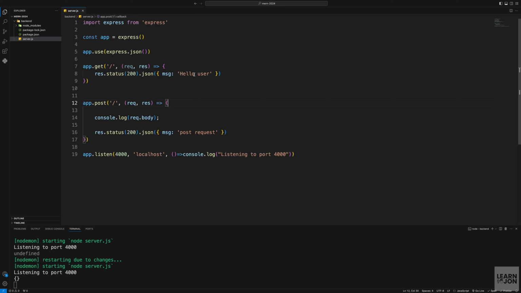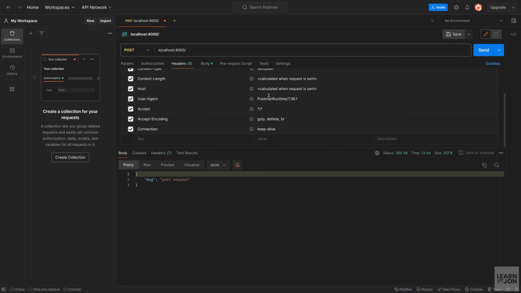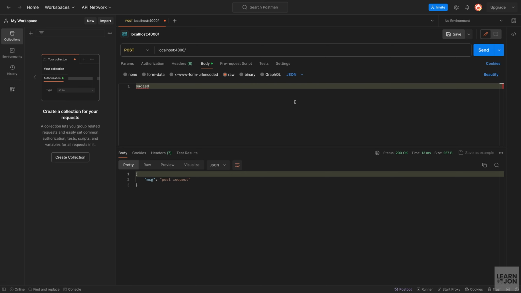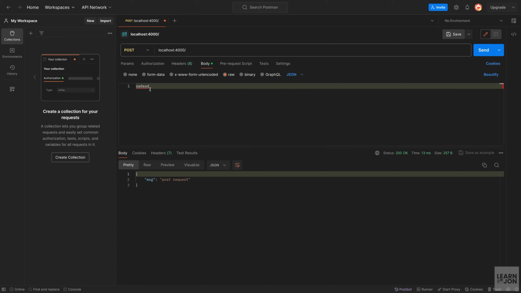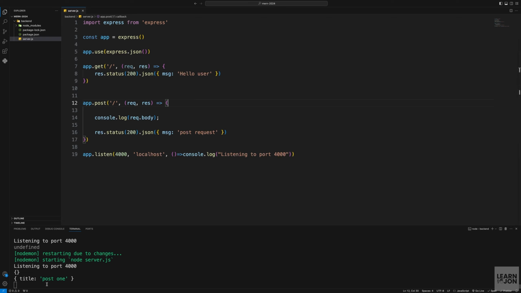We said if the header is JSON, then parse it. And if we check the headers on the request section, you can see it is set to text plain. But if we change this to JSON and check the headers, you can see now it's application JSON. That means it's going to parse it, and we need to actually send a JSON. So let's create a JSON object, and I want to create a title key, and the value is going to be post1. So for example, this is a blog post. So press send and go back to the project. We get an object where the key is title and the value is that post1. So now you can see we are able to grab data out of the request body